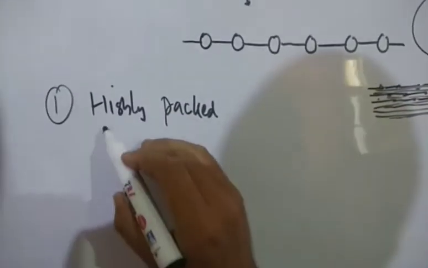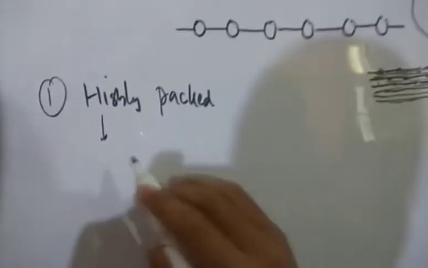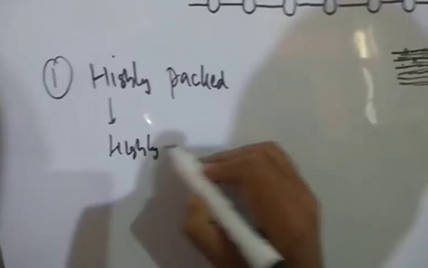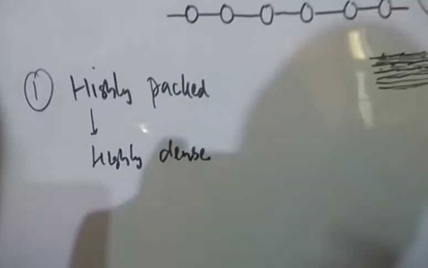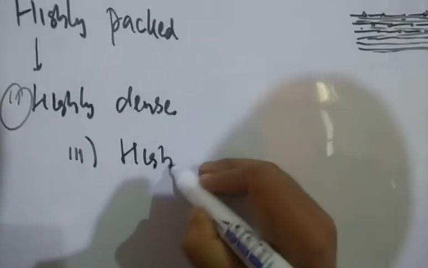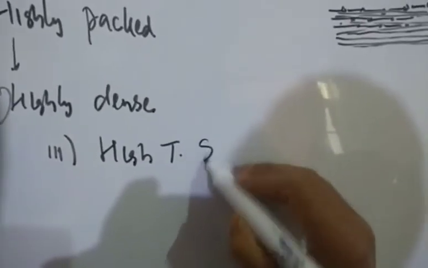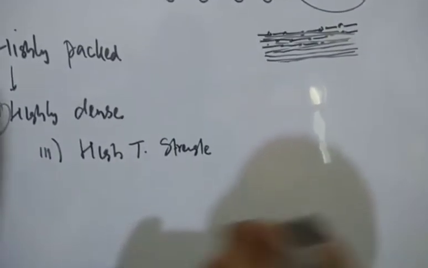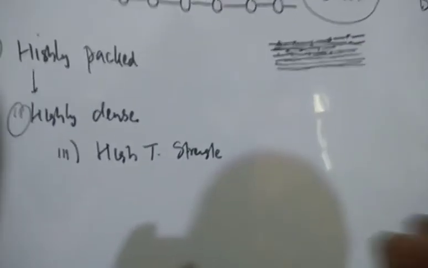इससे क्या होता है? It gives them many properties. For example, the density is high. So they are highly dense. So उसकी another property ये बन जाती है, they are highly dense, because density is very high, because they are highly packed. इस तरह से then they have one more thing, that is, so is density, they will get high tensile strength. Tensile strength means if you want to stretch them, they can bear a lot of load. They can bear, you need a lot of energy to get them broken down. So they are high tensile strength.